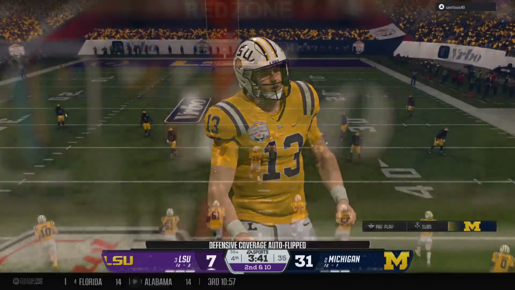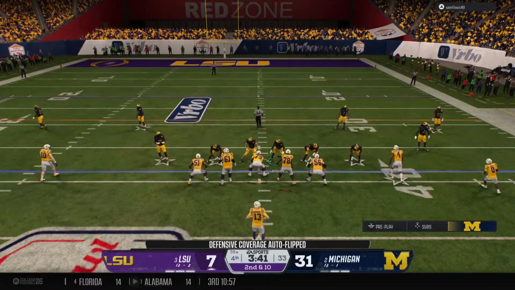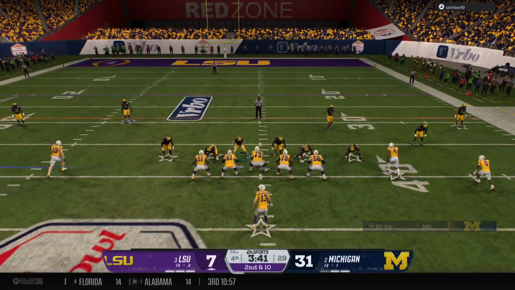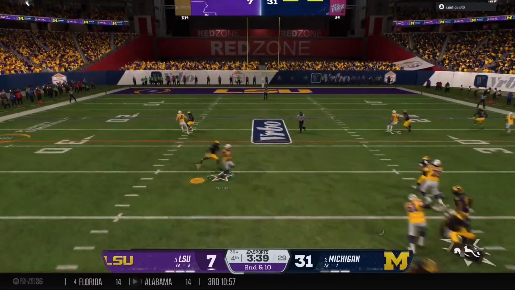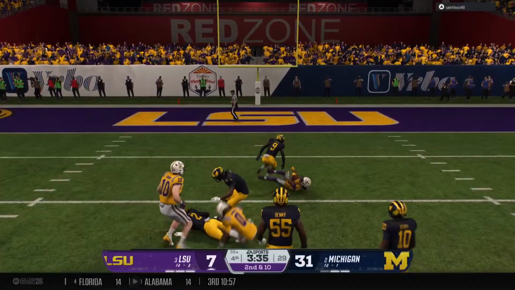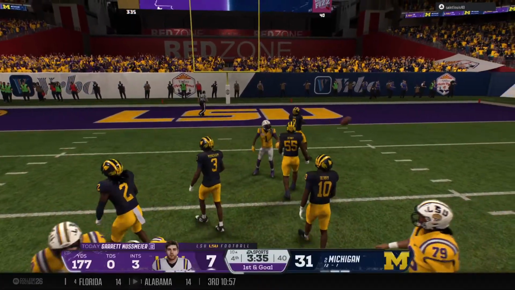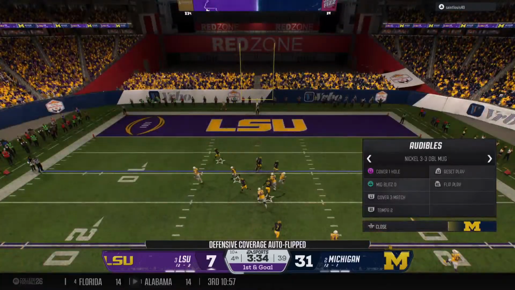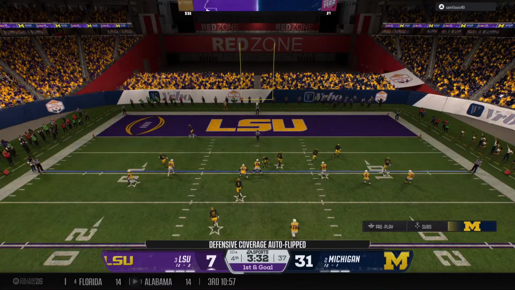Now, the passing game just hasn't been consistent today. It's plain and simple. They might not quite be out of it yet, but they have to start connecting soon, or this one will be over. Grab down the middle. It's Anderson. Finding space at the 20. They make the tackle, but it sets the offense up for a 1st and goal from the 10. LSU getting set with a 1st and 10 now.